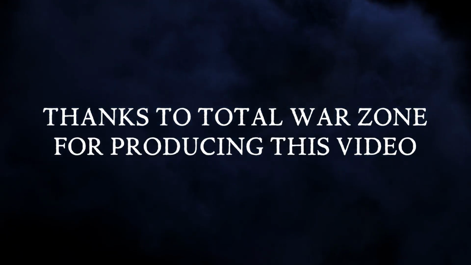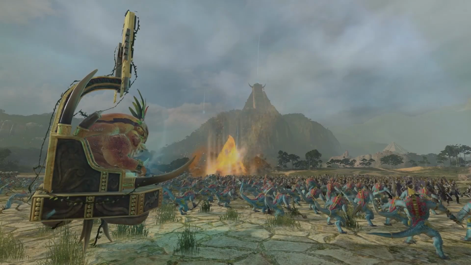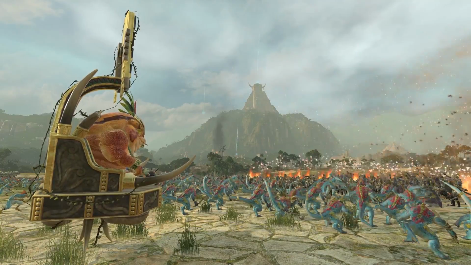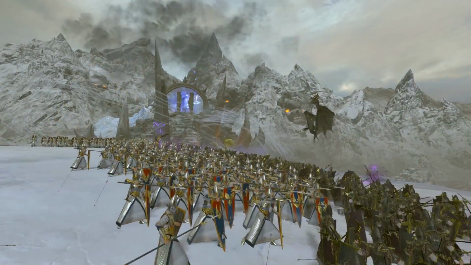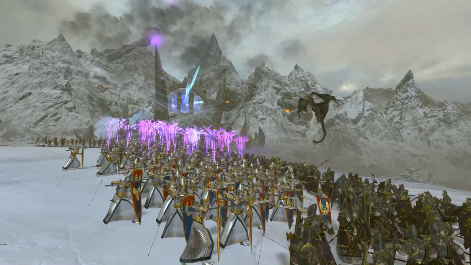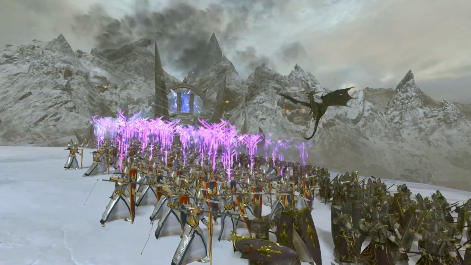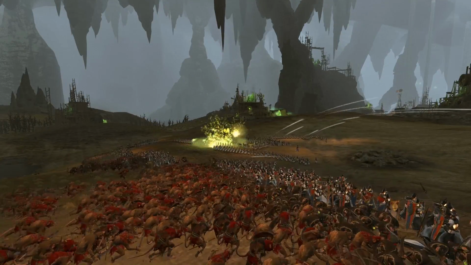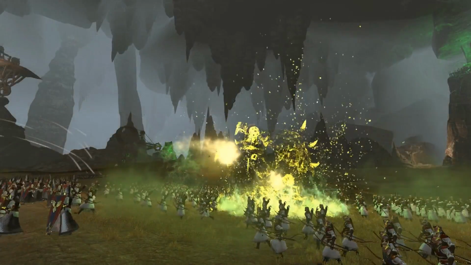Today I have the honour of showing you some of the brand new spells in Total War Warhammer 2. Magic is one of the key elements of every Warhammer fantasy battle. Spells range from minor buffs that strengthen your men in combat to devastating vortexes that are able to turn entire battles in your favour. Be wary though, as the winds of magic are also very unpredictable and spells can easily